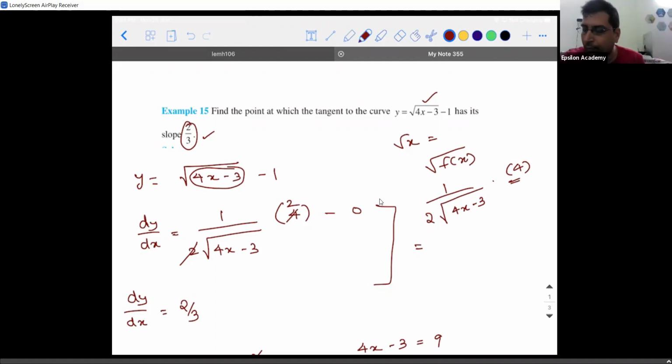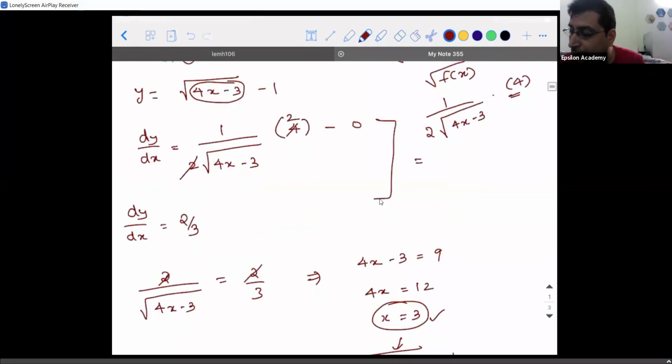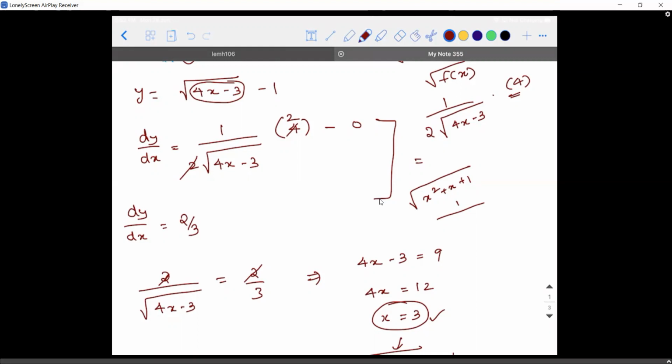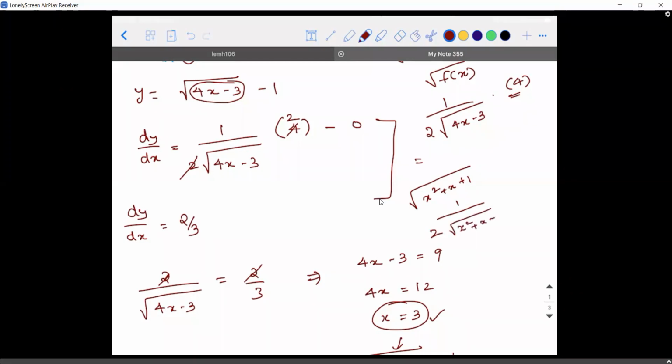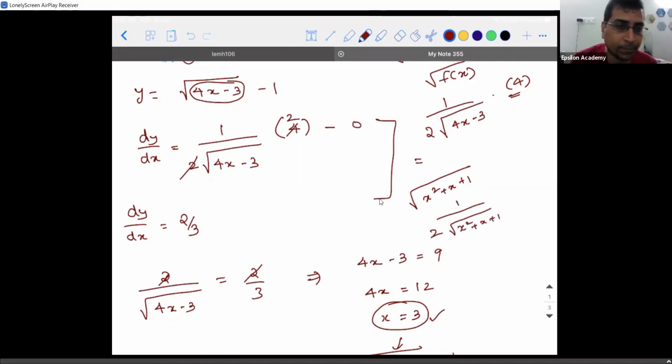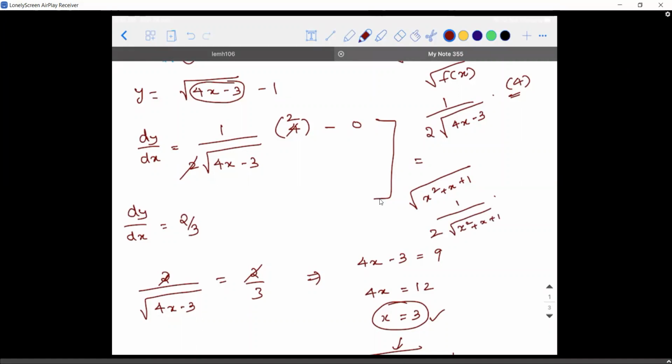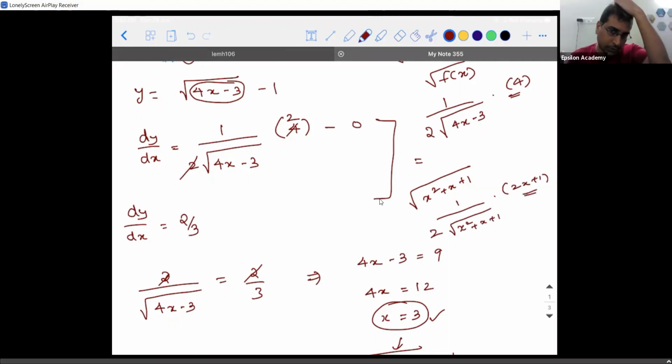That's the one. To check whether you have understood, I will give you another problem. Root of x square plus x plus 1. Differentiate and tell me. Mithun, tell me. 1 by 2 root of x square plus x plus 1, write the same thing, then into the derivative, 2x plus 1. Okay, sir. Understood, sir. That's it.